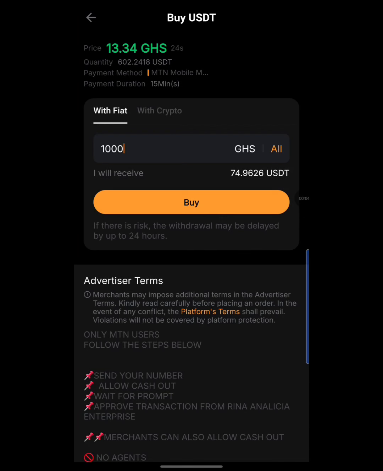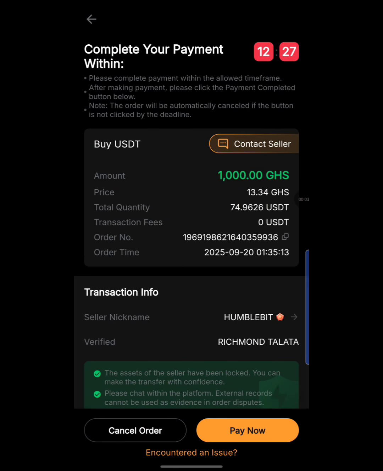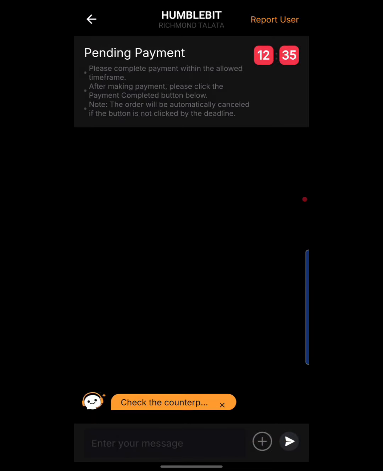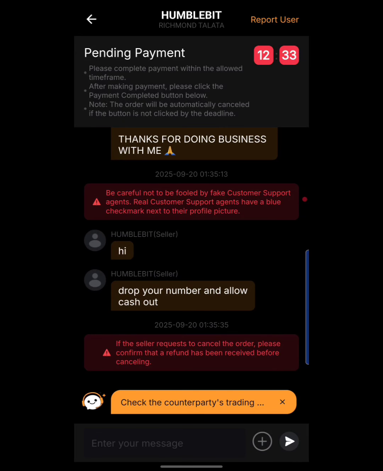The next step would be going over to ZPay, guys. Okay, but before we actually go over to ZPay, just simply hit on this place right here that says buy. Here we are, guys. So what do you do next? You just simply hit on the contact seller button right here, and then you just simply contact the guy by